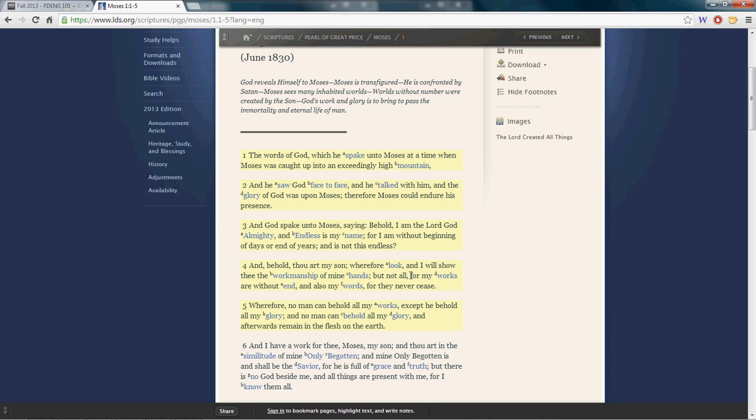And we have in that his words are tied directly to his works, and his works are his glory. So God's glory, in a sense, rises out of his use of words, of language, of his ability to create, which, as I've discussed before, is part of his ability to make language. So I just found that fascinating as I was reading through that this week, to make these connections between God's creations and his words and his glory.